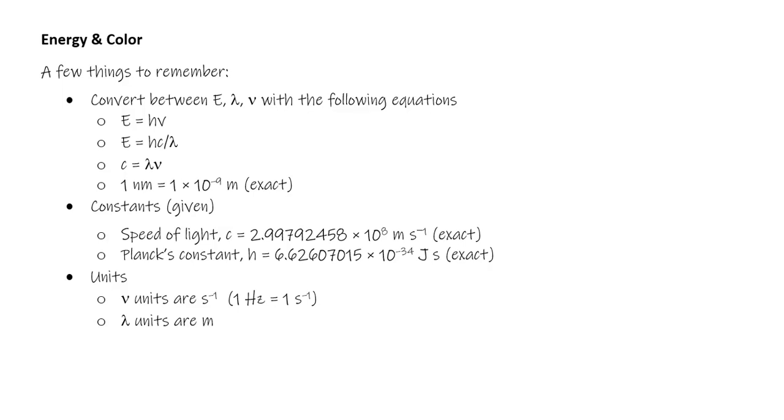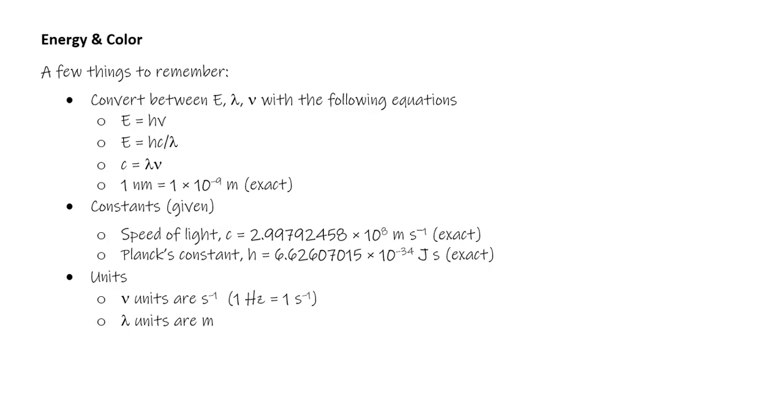For visible light, we are usually given wavelength in nanometers, so you'll need to know the nanometer to meter conversion factor. Be very careful with the prefix equivalency. It's easy to accidentally write the conversion factor as 1 times 10 to the negative 9 nanometers instead of 1 nanometer. The constants h and c are given, and though we'll use them to 4 digits, 2.998 and 6.626, they